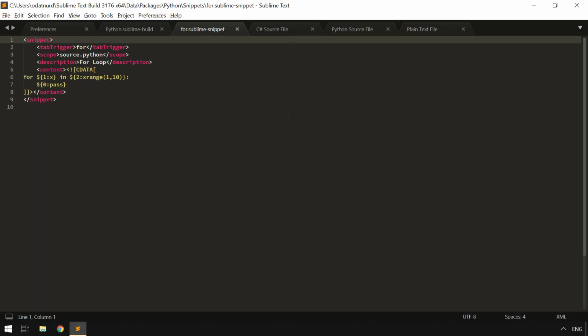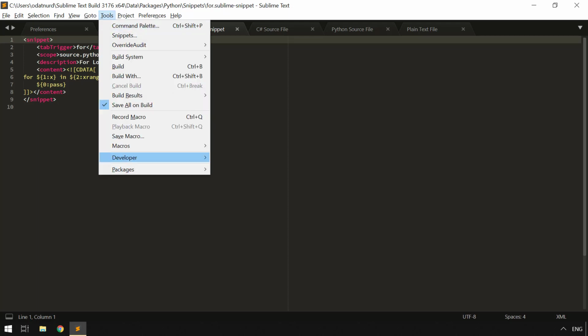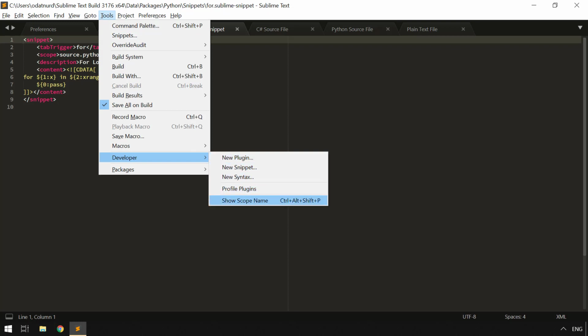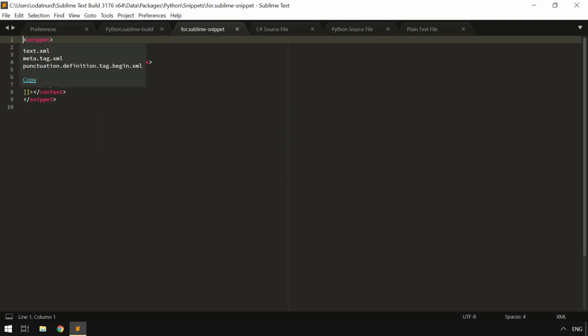One thing you can do to view a scope in Sublime is to go to the Tools menu and look under Developer, Show Scope Name, or use the appropriate key binding, which for me is Control-Alt-Shift-P. On Mac OS, this will be a slightly different key, but if you use that menu item, you'll be able to see it. And when you choose that, this HTML pop-up appears